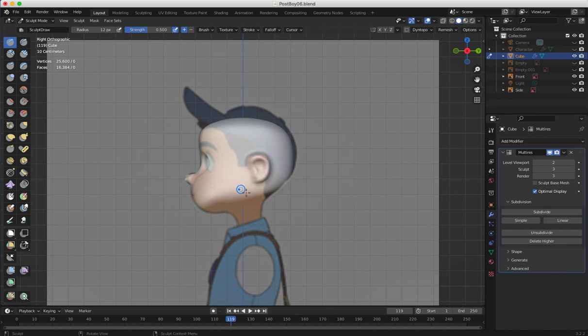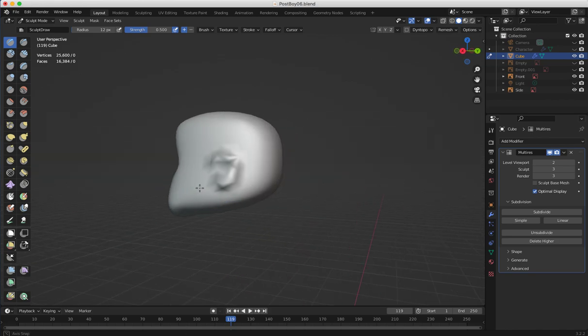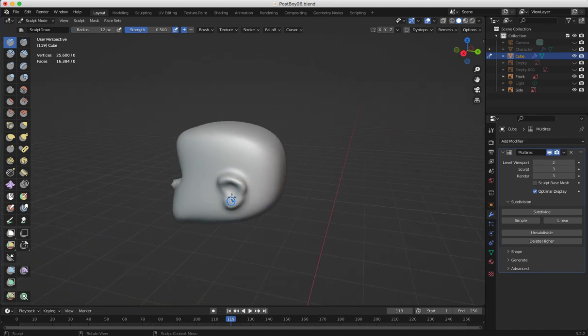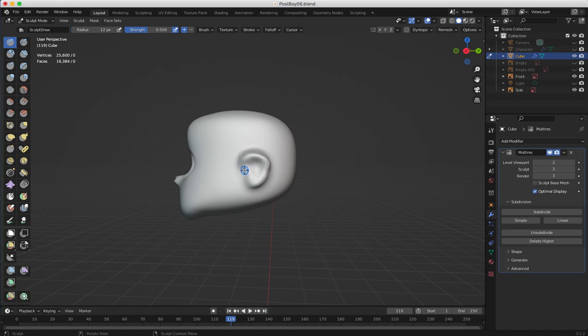Again, I don't want a lot of detail in the ears. I'm not going to be building real ears, they are very difficult to make, and that doesn't go on this character anyway. So, yeah,